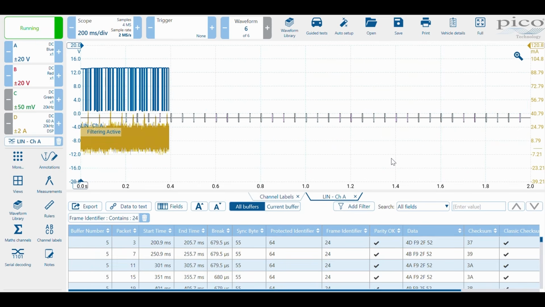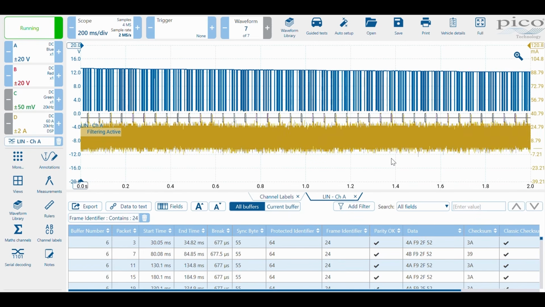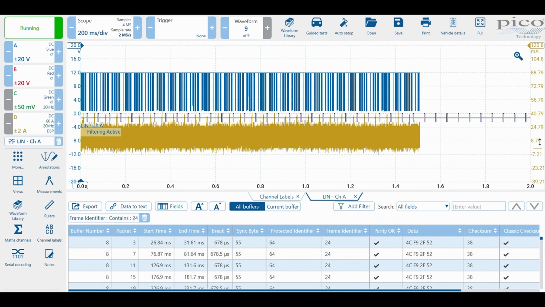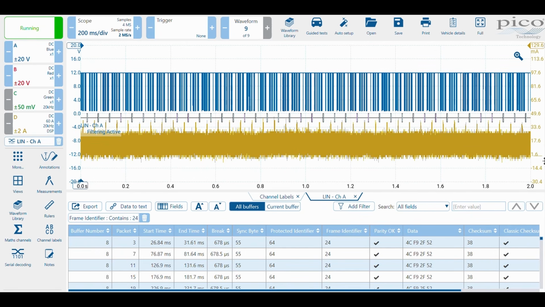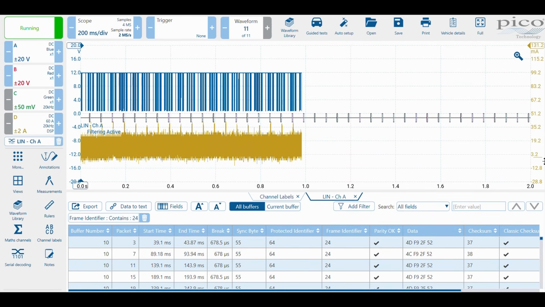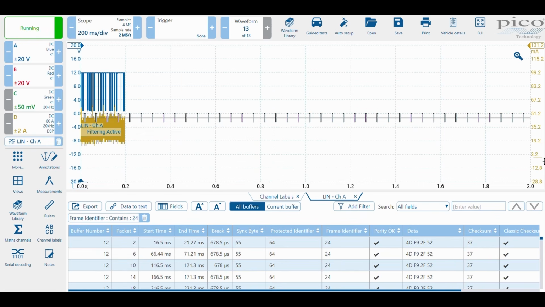And let's get LIN Bus active. And we see there that we've got ID 64 and 24 only. And when the filter is applied, you'll notice how the spikes in the current align. There they are. So I'm going to disconnect the air conditioning pressure switch midway through the capture, and we'll see